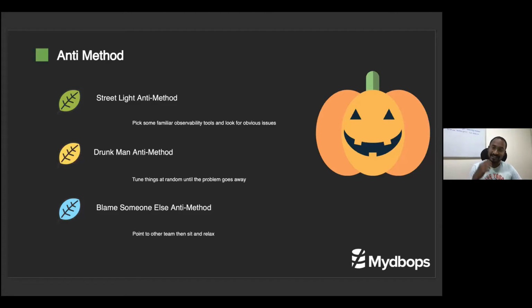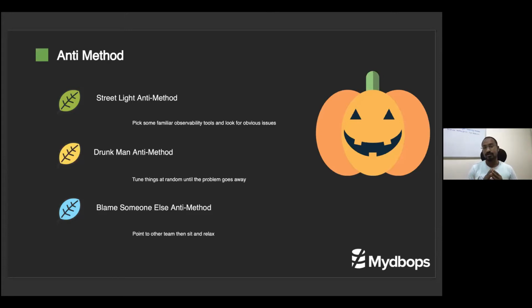Without even seeing the error or the error log, they simply point someone else to solve the issue. Then it goes to the DevOps team or the network department. They take it and try to analyze, and then that person also points to someone else. Finally it comes back to a debate, they say everything is correct, and then someone sits down, troubleshoots the issue and fixes it. This is called the blame someone else anti-method.